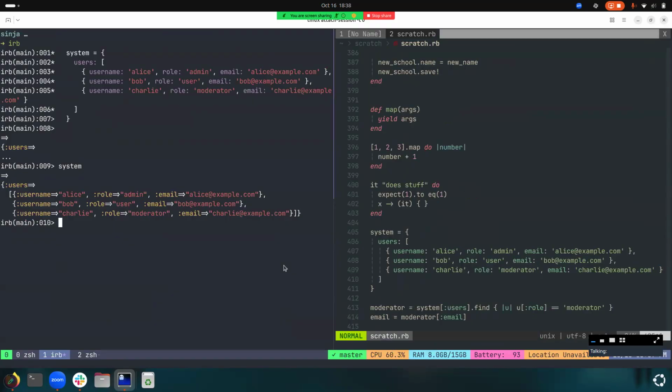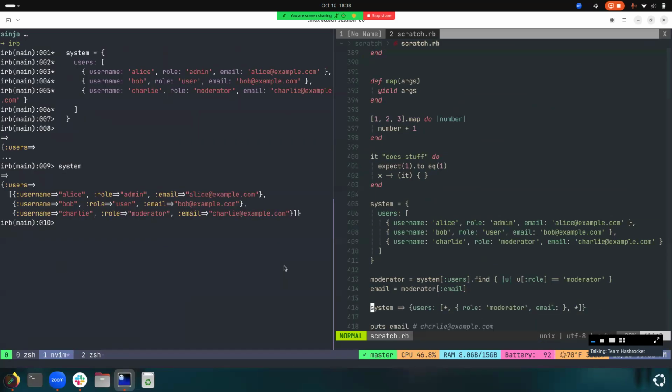Cool. So instead of doing the find, it's basically your hash. You use the hash rocket, and then you give it another hash of what you want to match against. So copying that over,